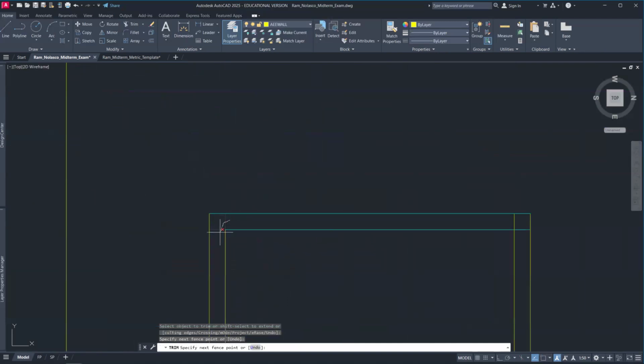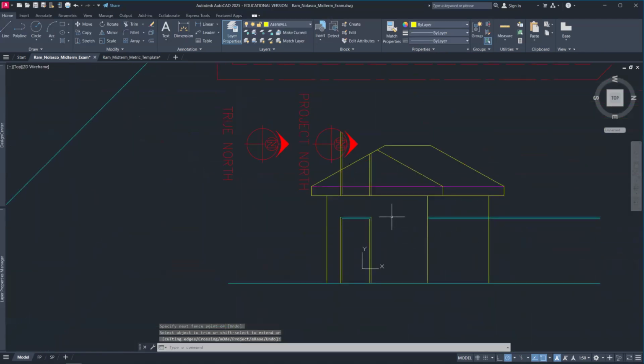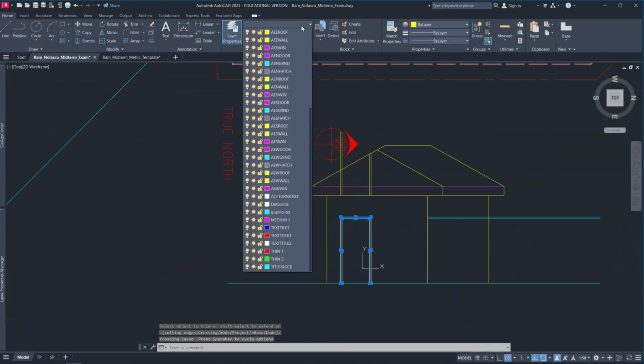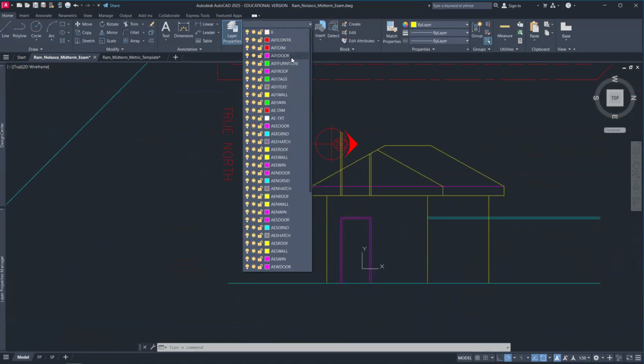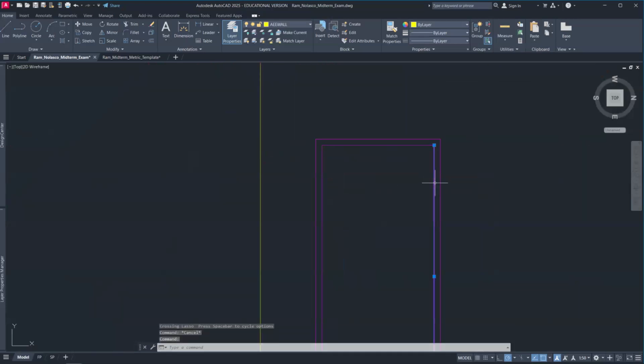Okay, and then trim this, trim this. Okay, and then this should belong to the door layer. So everything should be in the proper layer. So AEE door. Okay, and then I'd like to change this to green,